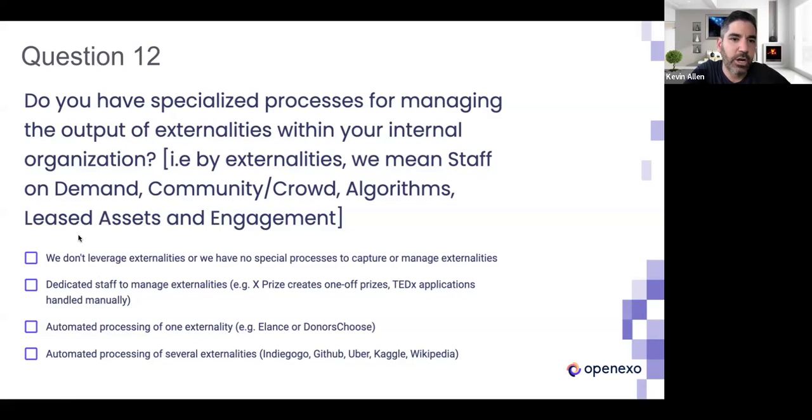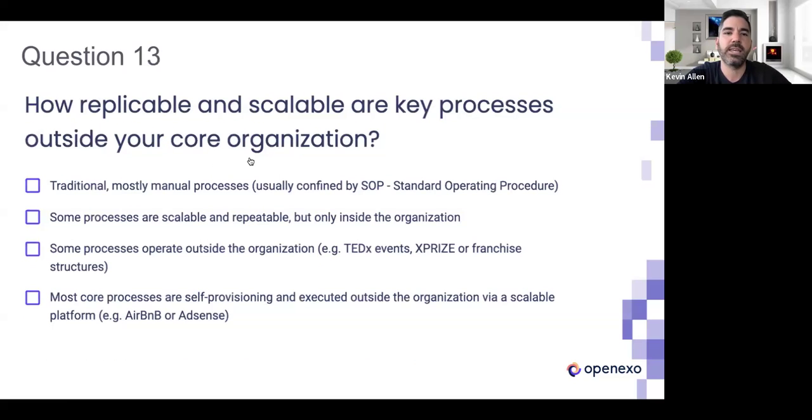So essentially, explaining it that outside of your organization, you've got a lot of information coming in. So how are you doing that? If you're doing that just with a person on the phone, then it's this dedicated staff member. If it is an automated online form, etc., then you'd be here. And if you're using APIs, etc., it would be the bottom one. So this question does sometimes have people not certain what to answer.